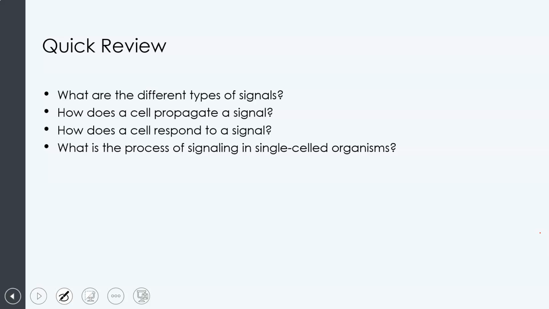All right, what are the different types of signals? We have the intercellular and intracellular, either between different cells or within the cell itself. And the signals can be paracrine, which means that